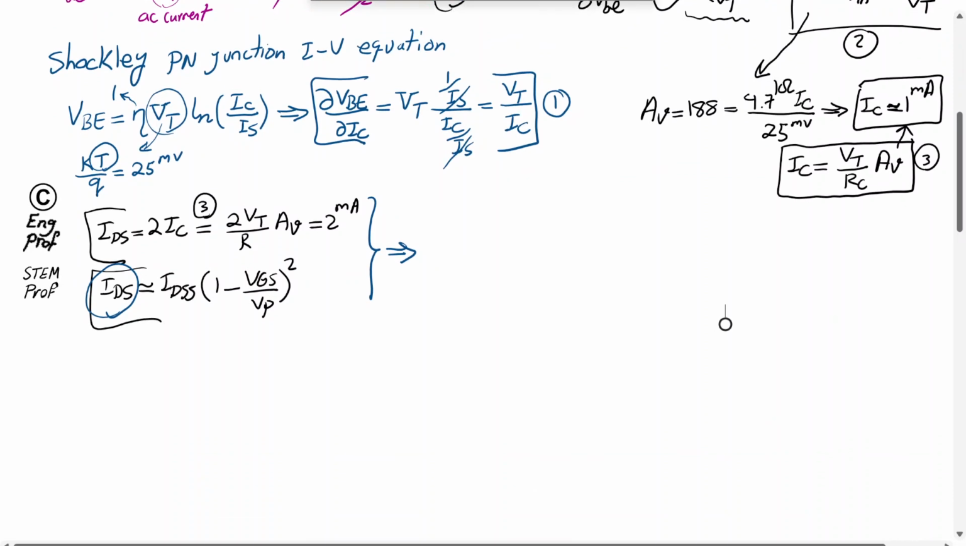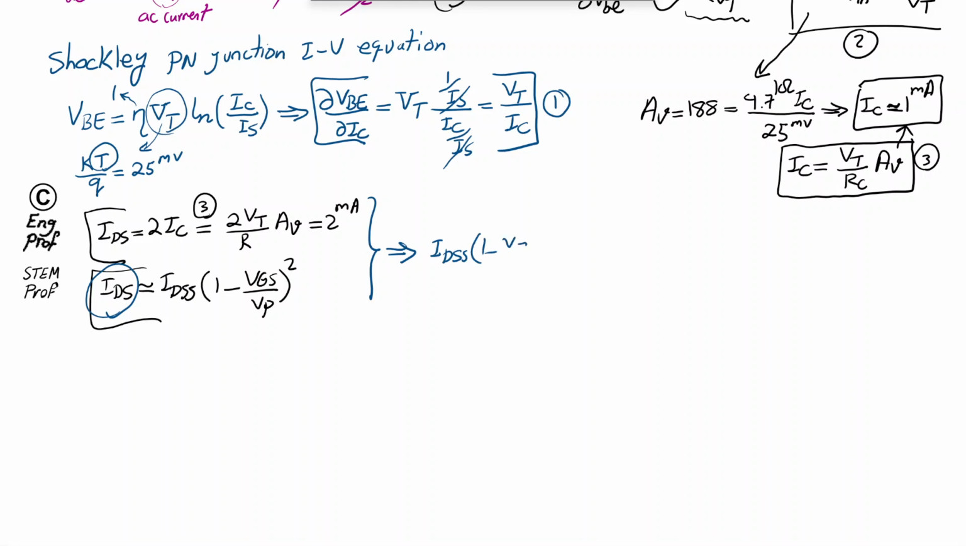okay, I can set then IDSS times (1 minus VGS over VP) squared should be equal to 2 times VT divided by RC, and then AV, which is equal to 2 milliamp, of course, in this example. But if I keep the formula just for future use, then I find that what I need to find is VGS. Then I can write that the VGS DC for the N-channel JFET in this example should be equal to